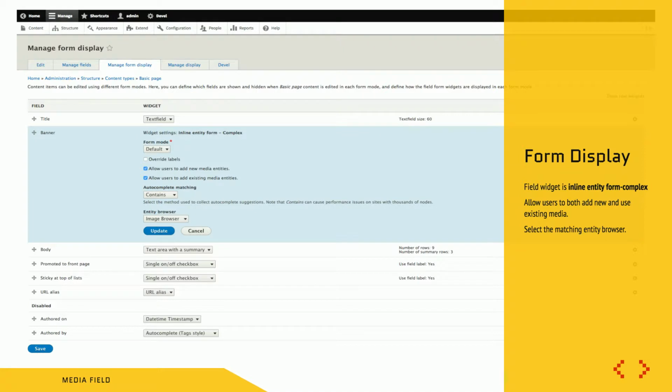Form display for this, so this is going to be a banner field. And I want to use inline entity form complex. That's really important. Inline entity form is a module that basically changes the way that this form field works and what's allowed in it. So there's 2 different versions of it. There's an inline entity form simple and an inline entity form complex. And the reason I say you want to use the complex one is because simple will not allow you to get to your media browser. So the only thing you can do is upload a single image,